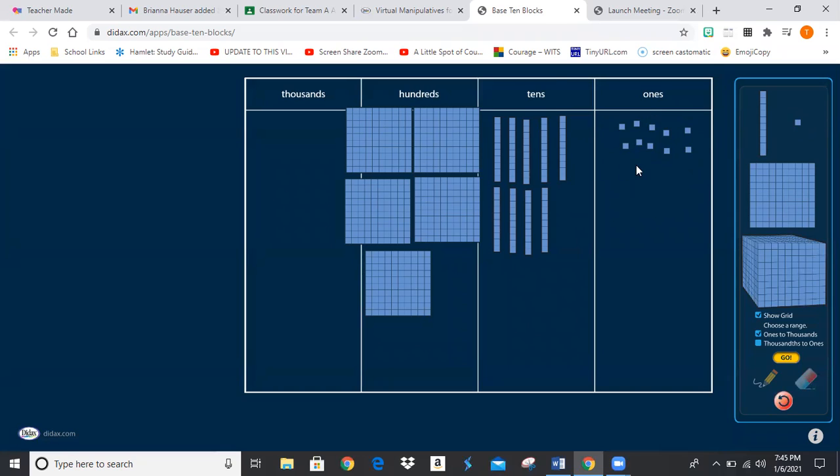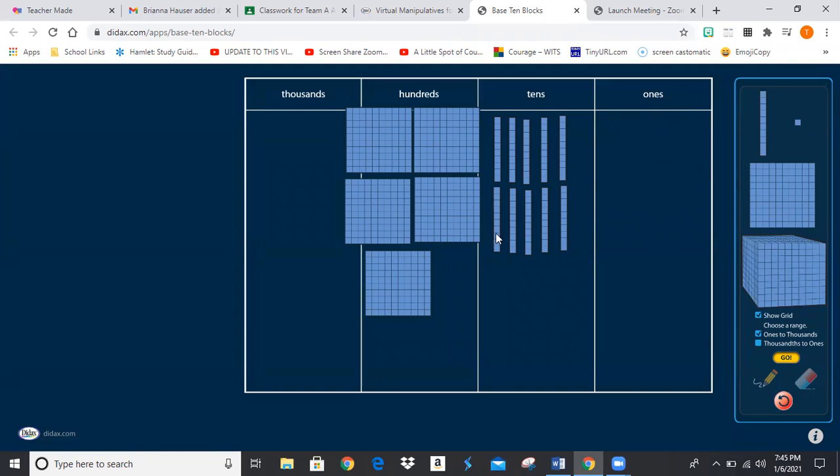I made 600, but I have to organize now because now I have how many ones here? You should have said 10. So since I have 10 ones, I need to cash those in for a 10 stick, don't I? So I'm going to gather these up, and I'm going to move those into a 10 stick. So I'm going to come over here, and now I have